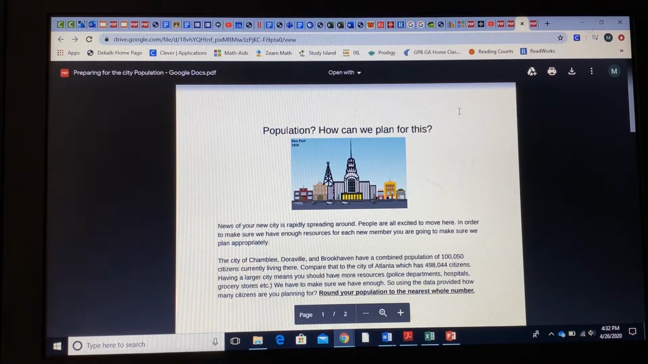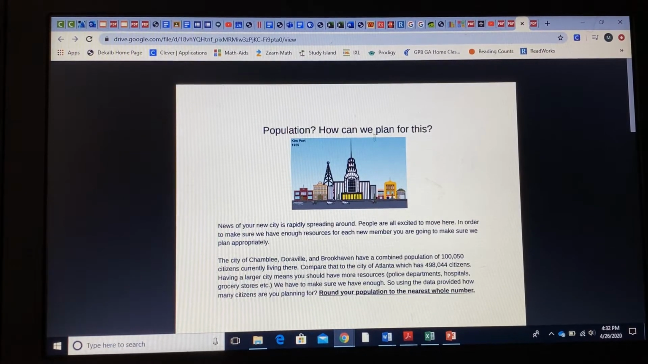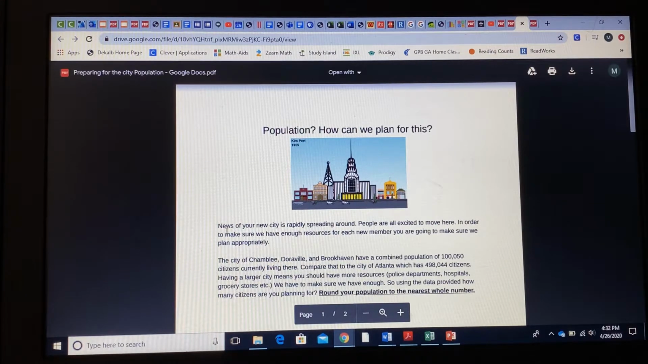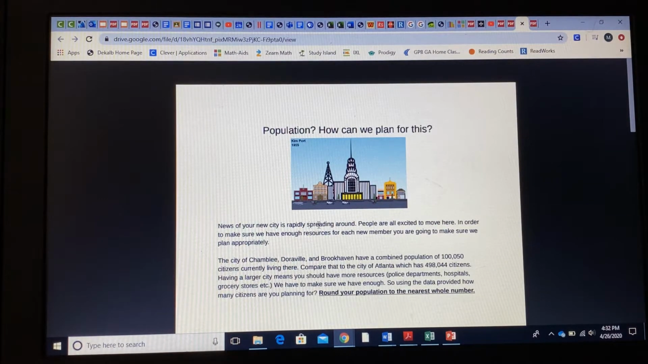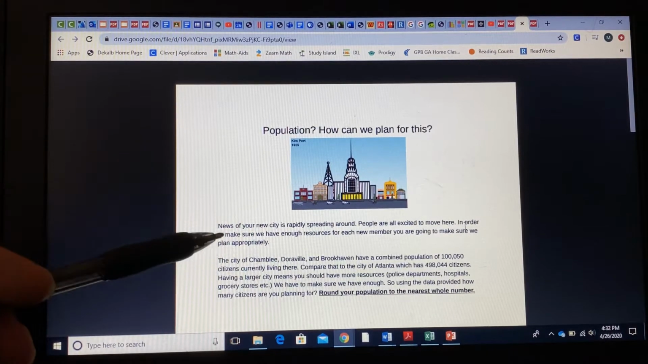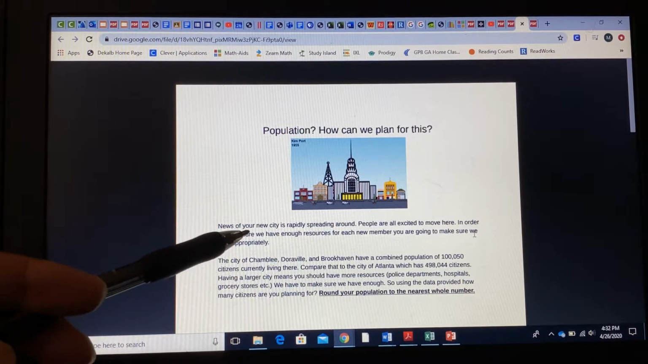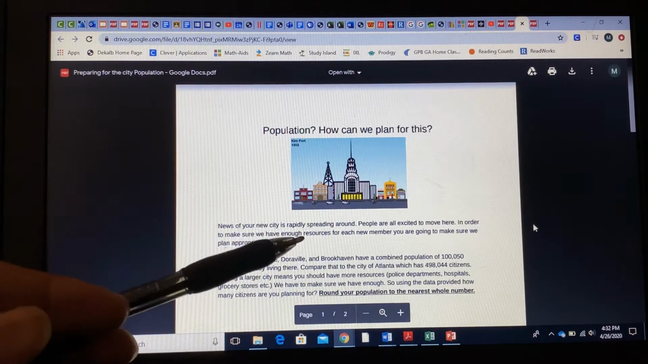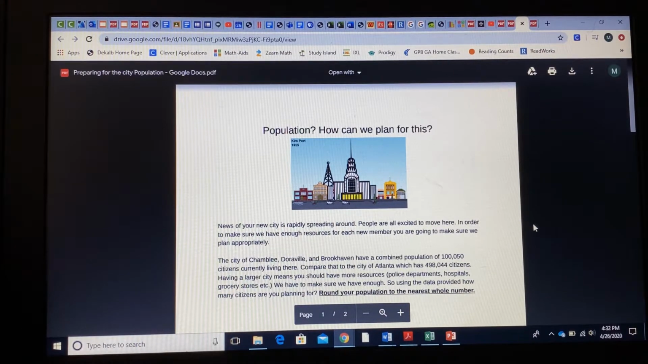Project 3, population, preparing for the city population. How can we plan for this? News of your new city is rapidly spreading around. People are all excited to move here. In order to make sure we have enough resources for each new member, you're going to make sure we plan